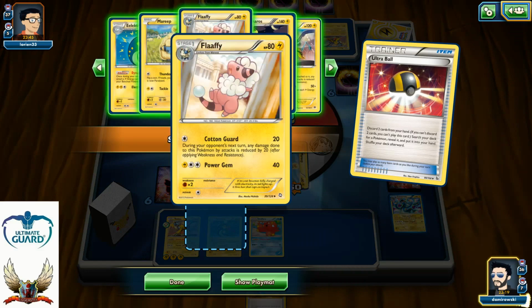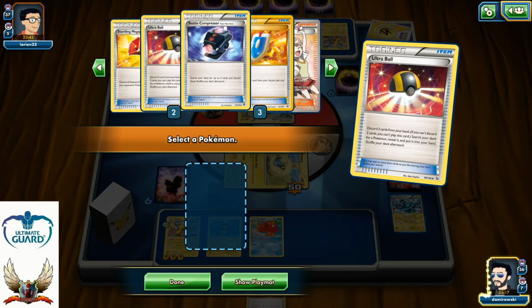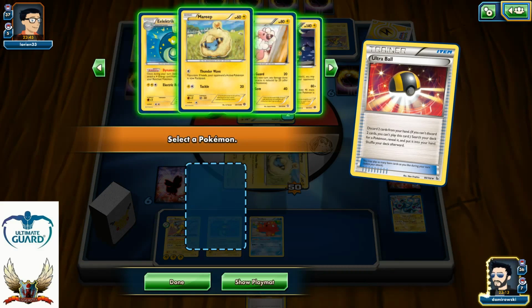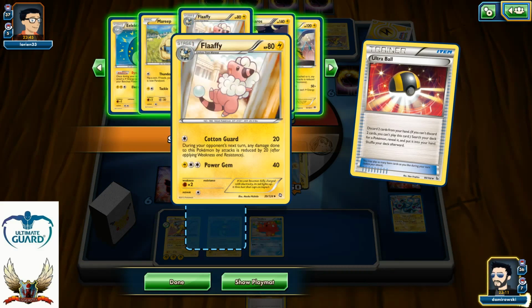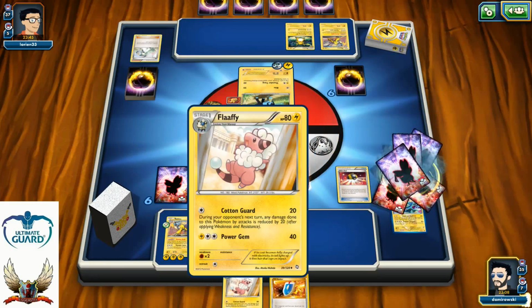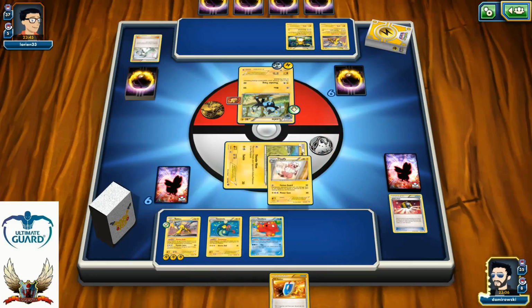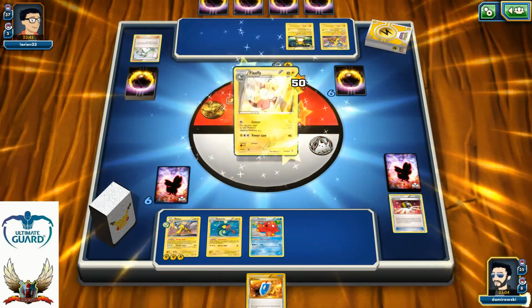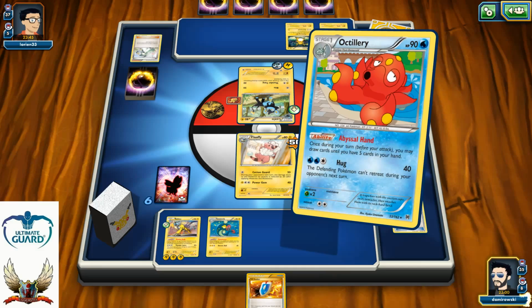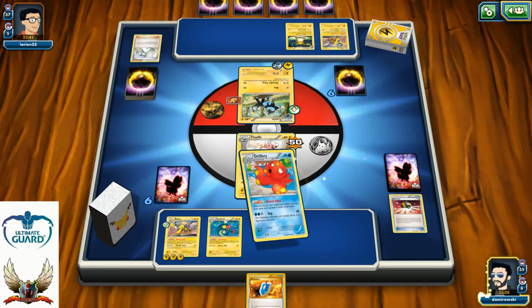So maybe I can even get that Flaaffy, but do I have Float Stone? Yes, I do have, so I can maybe even retreat. Why not? Let's do this. Maybe I can hit the Float Stone and surprise my opponent from nowhere. I mean, I still have a lot of cards to draw. I mean, 4 with the Bebe hand, 7 with the Juniper. It's 11 cards in total, so...